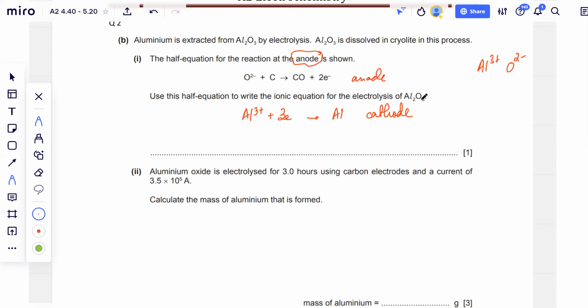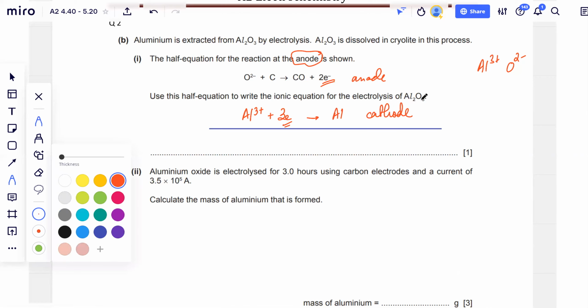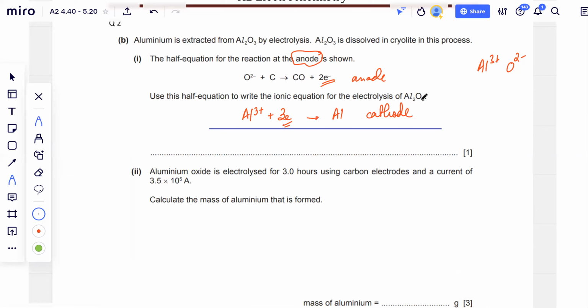Yes, sir. So the only thing left is you have to make the overall equation, because he's saying write the full ionic equation for the electrolysis of Al2O3. So you just add up the two equations. But before you do that, you have to make the number of electrons lost and the number of electrons gained equal. And for that, you would have to multiply the first one by 3,